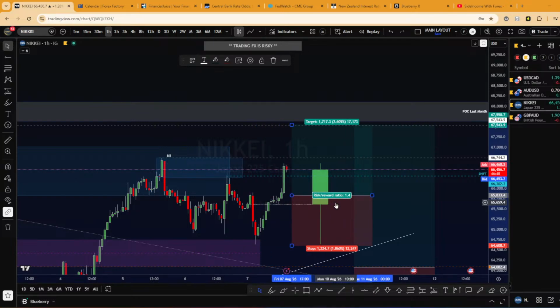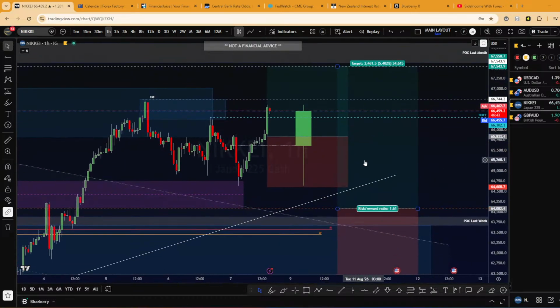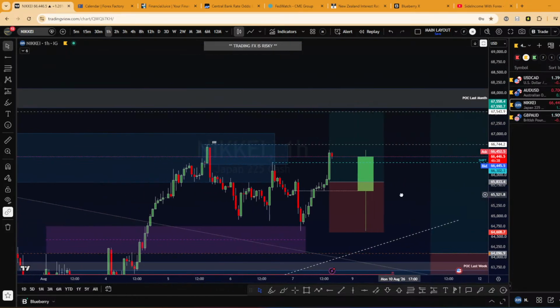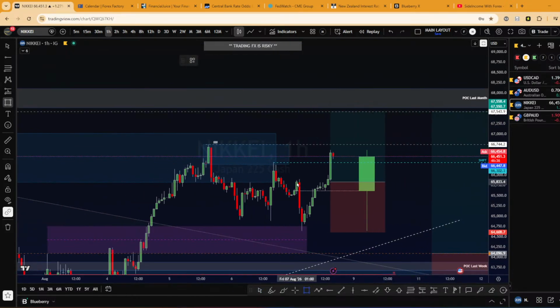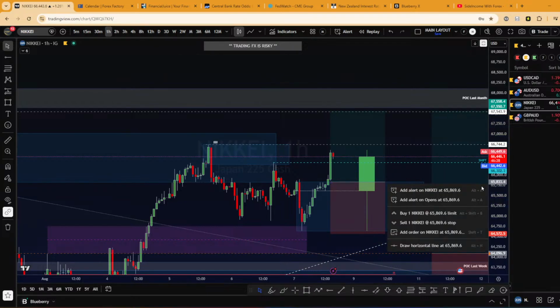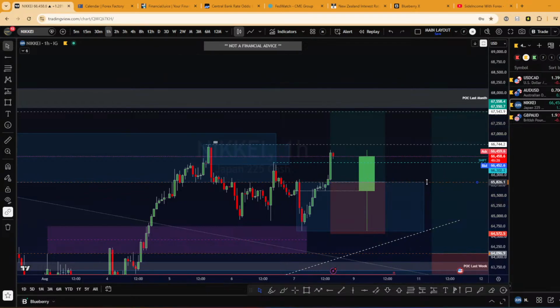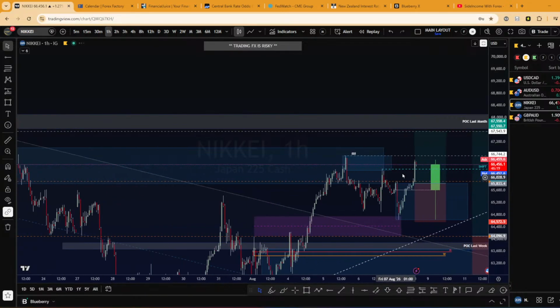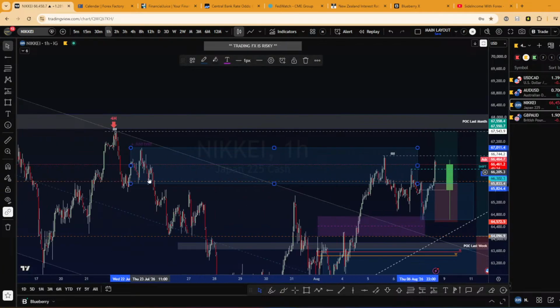This could be very interesting. But we are at the end of the week. I don't want to take some risk like that at the end of the week. But this could be very interesting right there. I put at least some highlight here to see if we retrace and we could potentially push price up. We could get out of this supply zone.